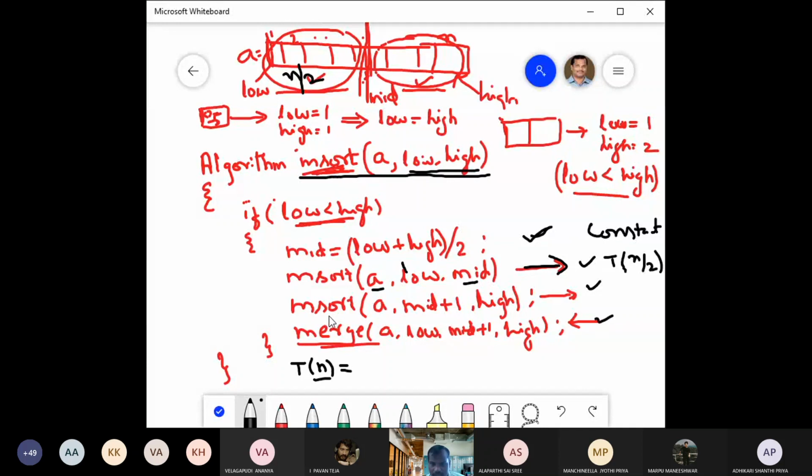Similarly, this is another m sort call for sorting the second half. So it will take T of n by 2 time. Just now we have seen the merge function will take order of n time. Order of n time means n minus 1 comparisons are there, I told you. So you can write this as some c into n. So the total time complexity will be T of n is T of n by 2, this is for this m sort.